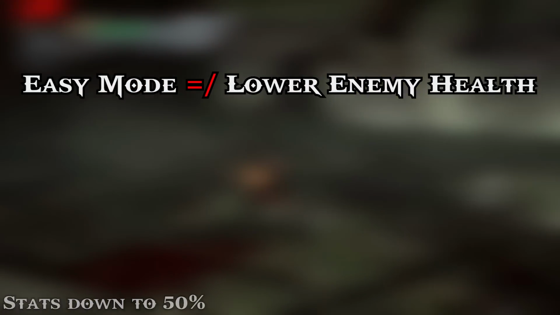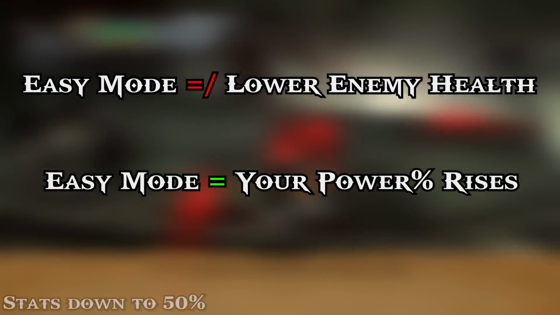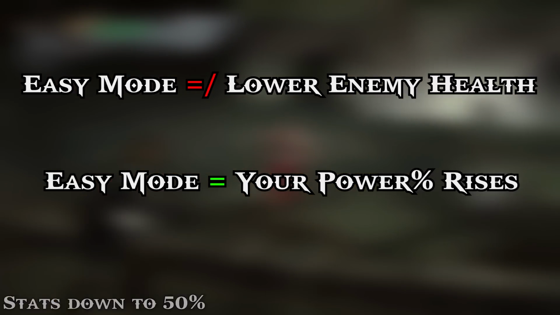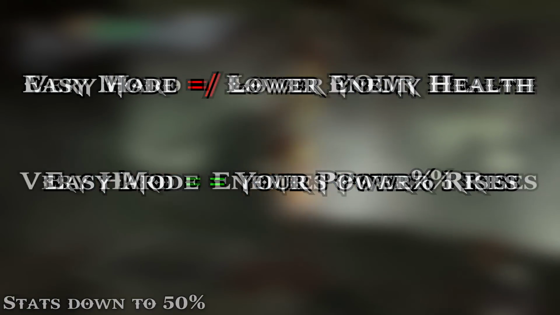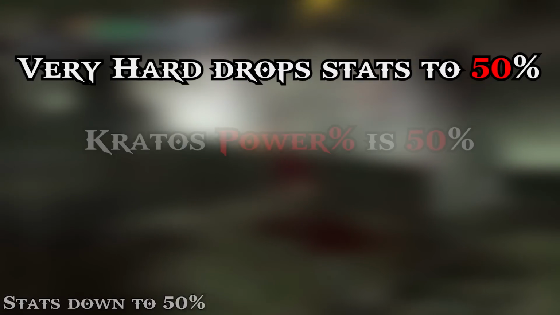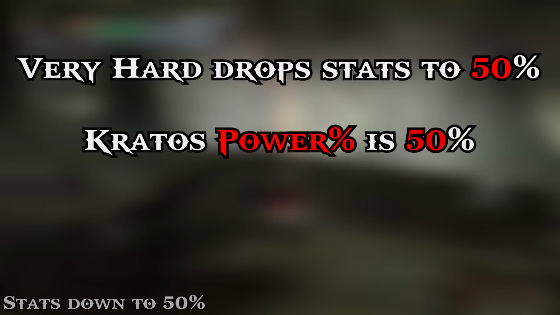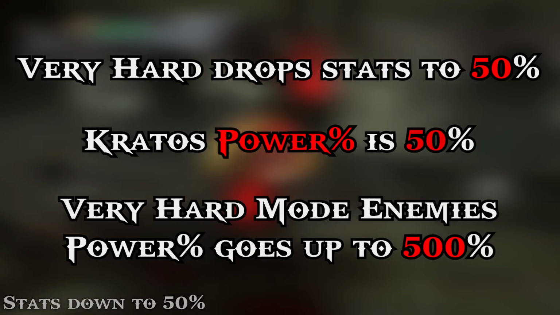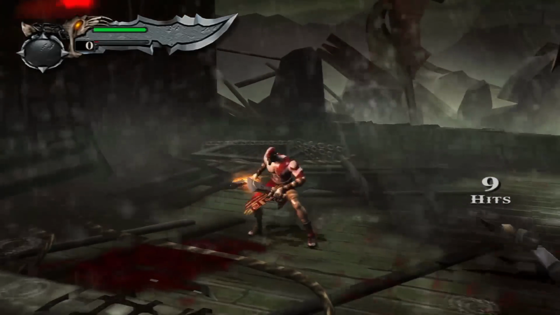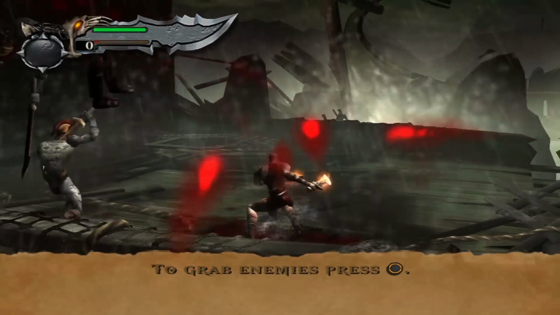If you decrease the difficulty down to easy mode, the enemy's health does not decrease, rather your power percent increases, meaning you do more damage rather than the enemy's health decreasing. So you have that and vice versa in harder difficulties. If you go on very hard, you start doing 50% damage, but that's still not it. The enemy's power percent increases here. See? Quick facts. Next up, we have a very important matter, and I will try my best to educate you